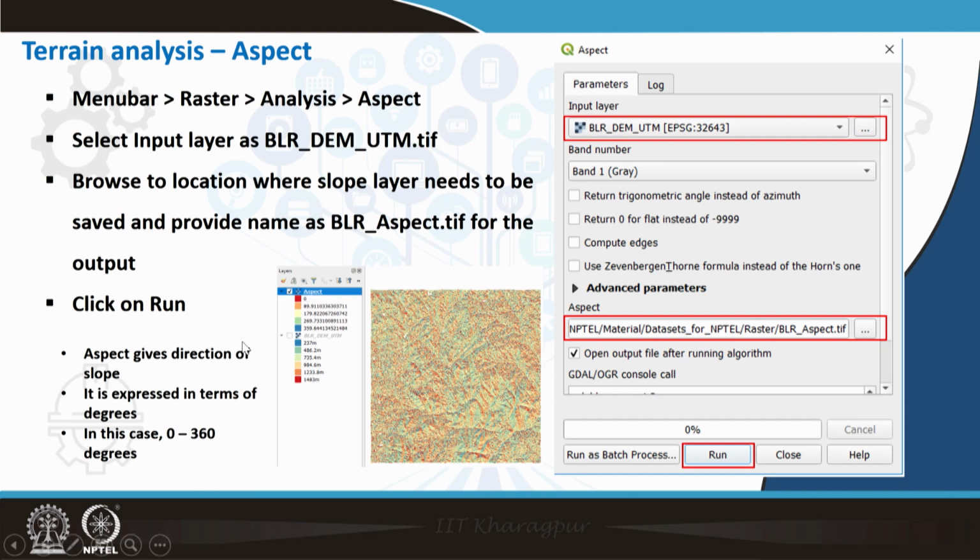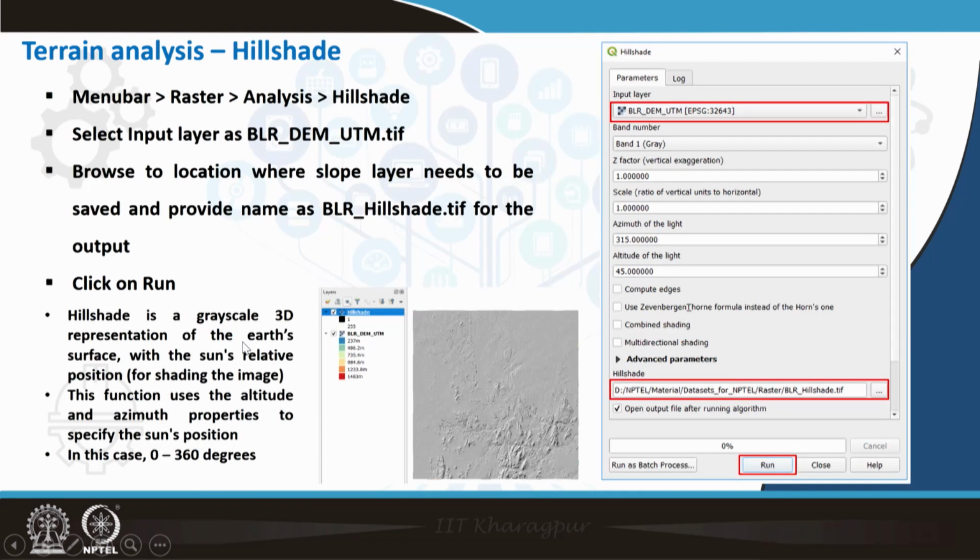The next analysis would be on hillshade. Hillshade is very important if you are trying to run any kind of urban models such as SLEUTH. So, here hillshade is one of the important layers. Hillshade is a grayscale 3D representation of the earth surface with the sun's relative position. Here we consider the sun as a relative position.